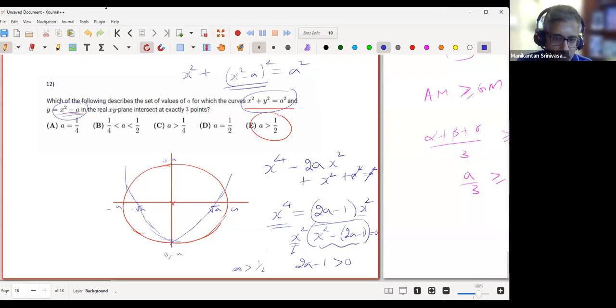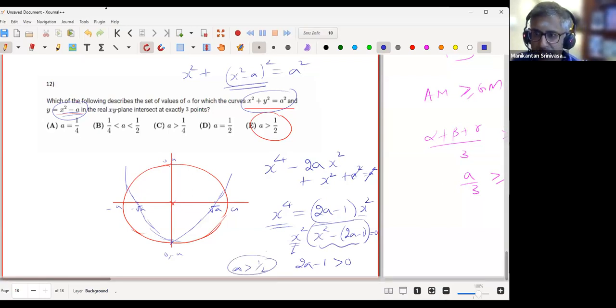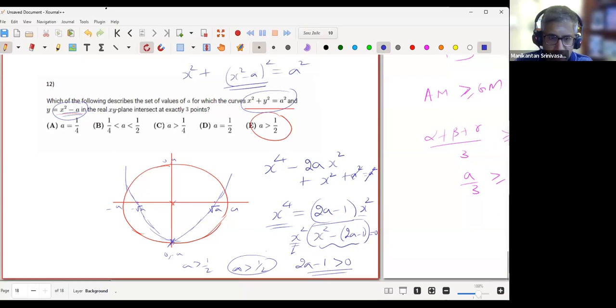Sorry, I don't know why I was struggling at the end. Same thing, right? Whoever did it algebraically, was it you, Ritisha? Yeah, sir. So we actually have 4 roots, but at 0, obviously you'll have a repeated root, and the other 2 roots. So what do you mean by a is greater than half? So if a is greater than 1, no problem at all. Just diagrammatically itself, a will be to the right of root a, right? If a is bigger than 1, the square root of a will be smaller, right? But if a is less than 1,